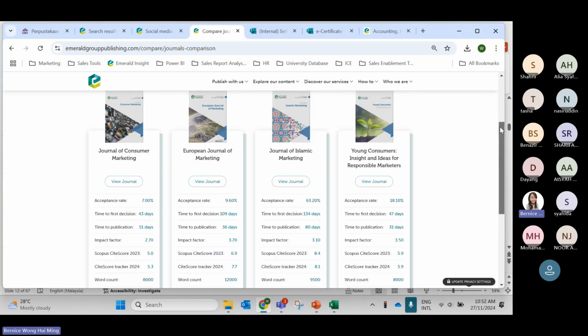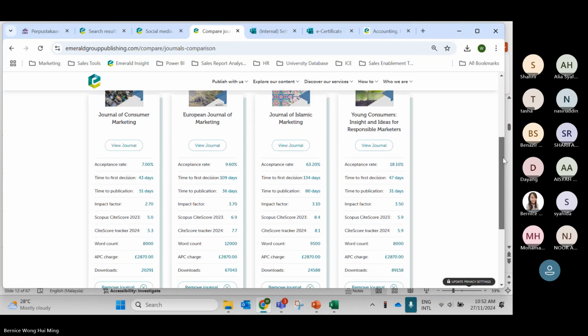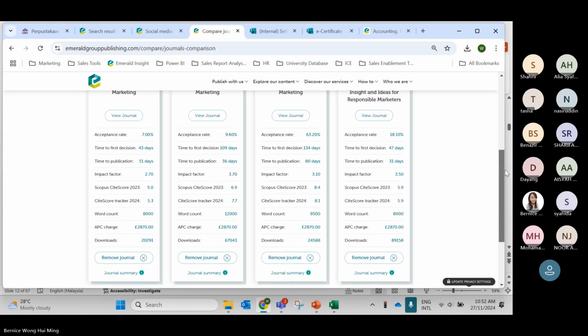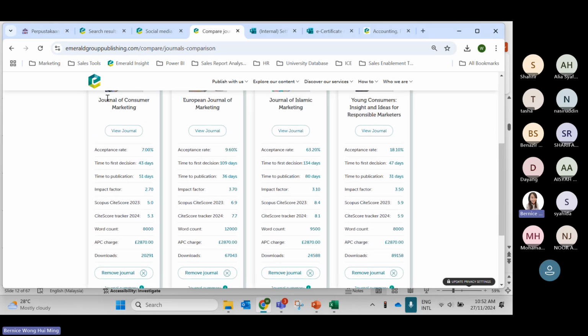From these 4 journals, I think I can't share the full. Okay. So you can see the journal names here: Journal of Consumer Marketing, European Journal of Marketing, Journal of Islamic Marketing, Young Consumers. So these are the 4 journals that I will consider to submit, but I need to choose one of them, which one I can go with.